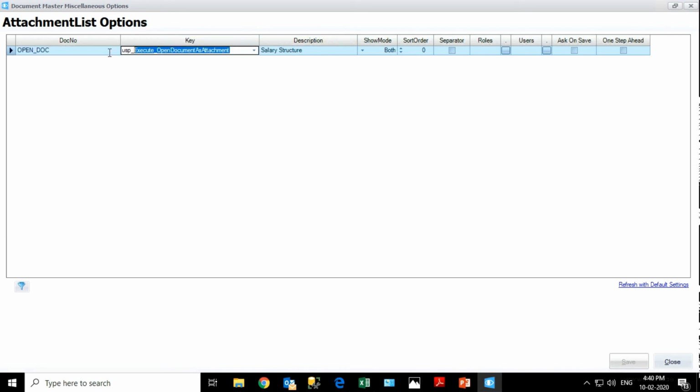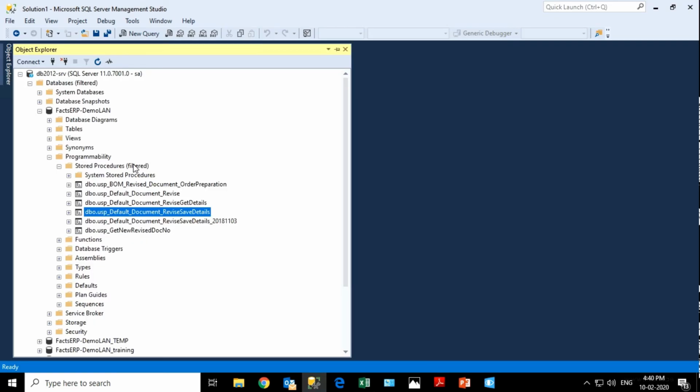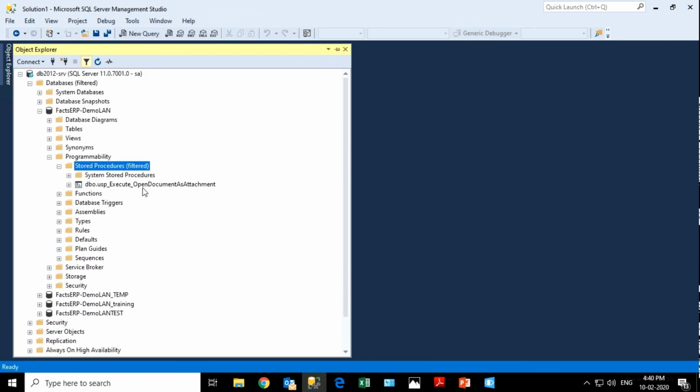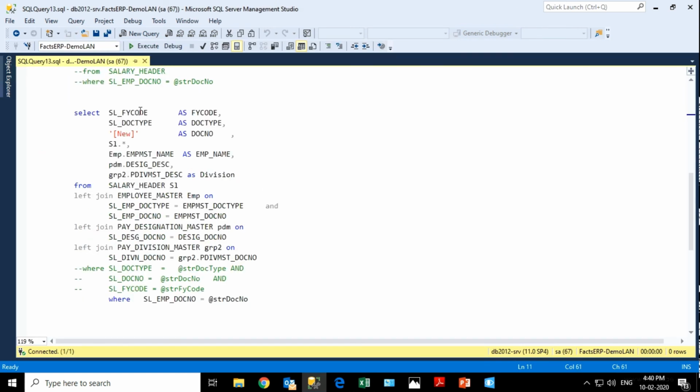And then you have to write a query like this. Any procedure you can give like this, but that query has a special structure that I will show. There are two or three things that are mandatory. First thing is FI code. Second, doc type and docno.